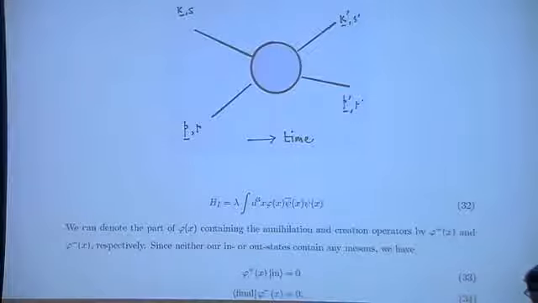So basically, the in state is something where we have two B daggers acting on the free vacuum. So if I apply on it phi plus, which has in it the annihilation operator of the meson, then if I apply phi plus on the in state, I'm effectively computing this thing, A, two B daggers acting on 0.